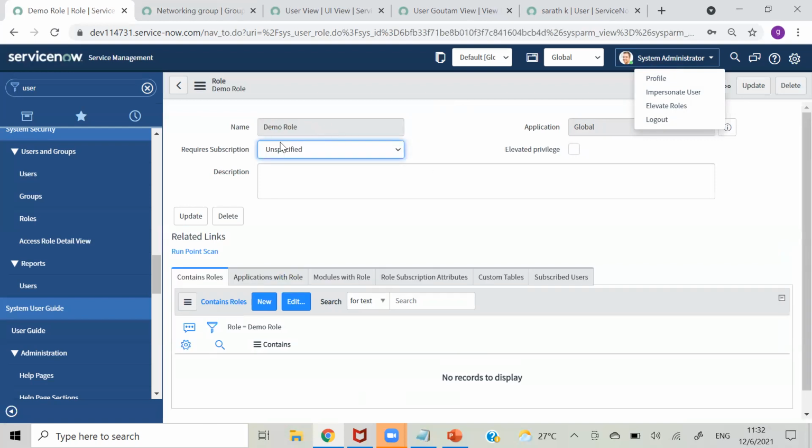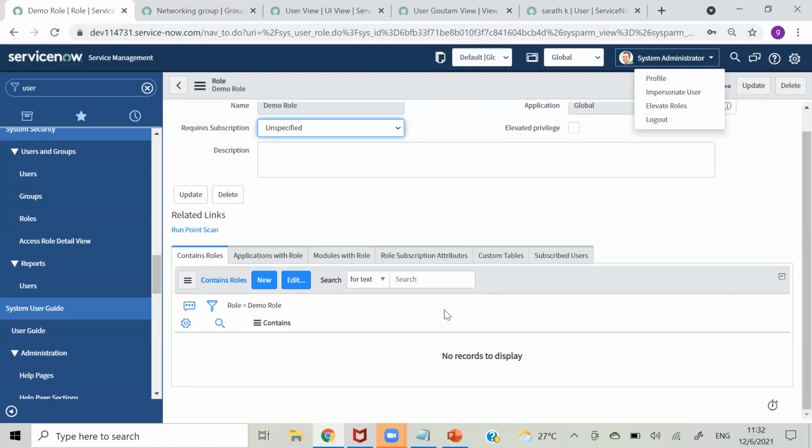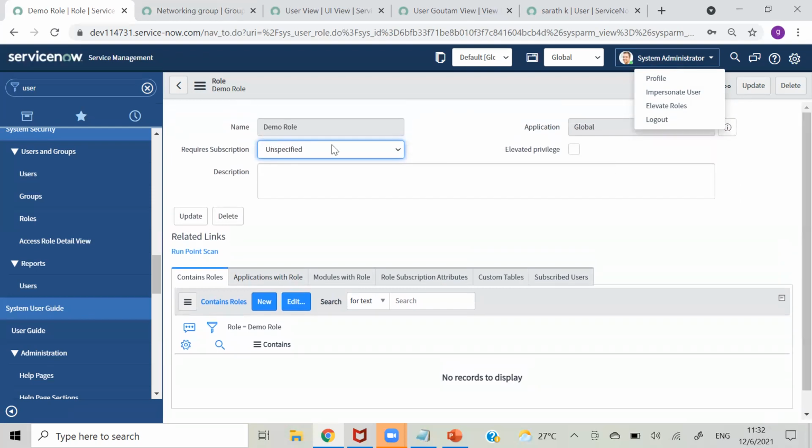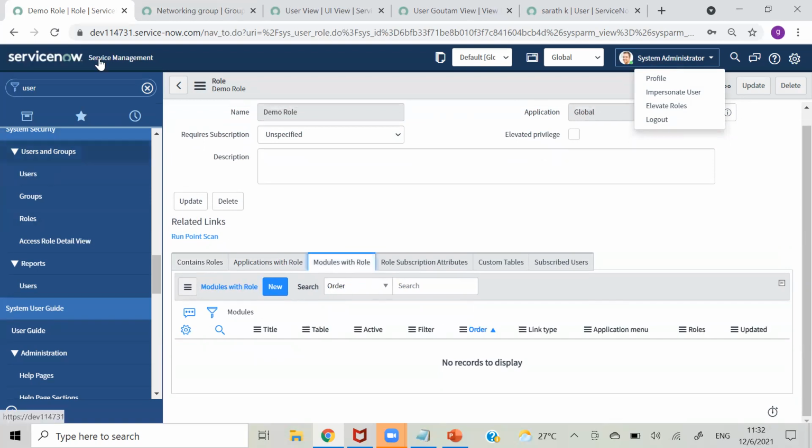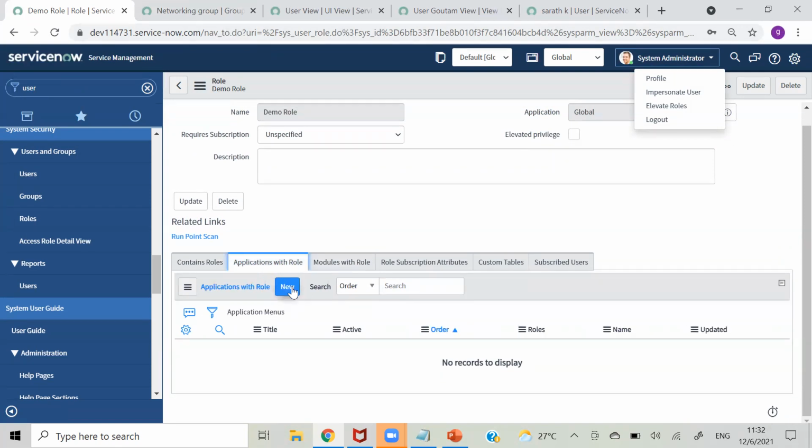Okay, so I have created these roles. And you can even add child roles, like a role can contain a child role, like we have seen for admin and ITIL. It is one role, but inside that it contains 26 child roles, so you can add that from here. And same, we have created applications and modules on the left hand side, that demo Gautam. If you want to show that for a particular role, you can add that here. If you want to show that particular module for this role, or only this role, you can do that from here. Okay, so that is the purpose.